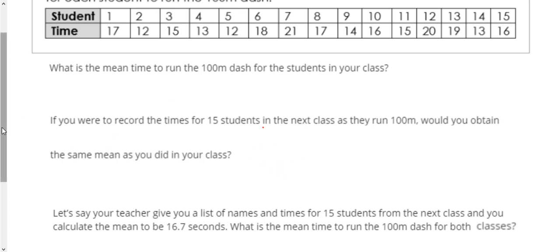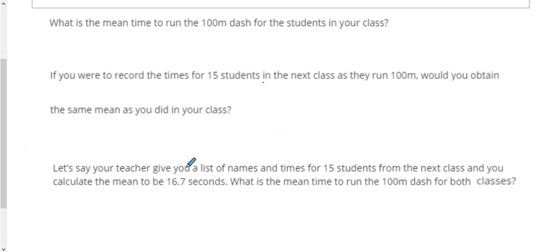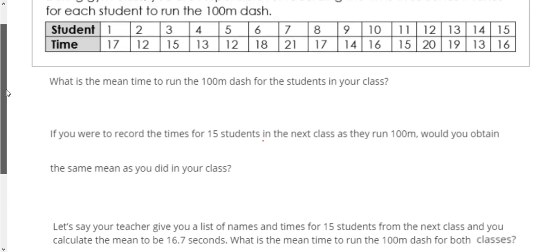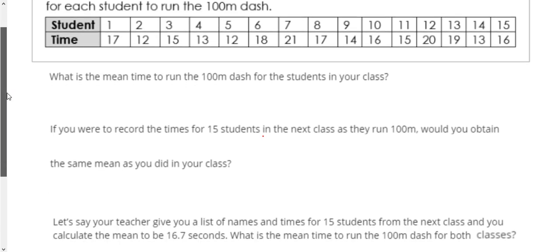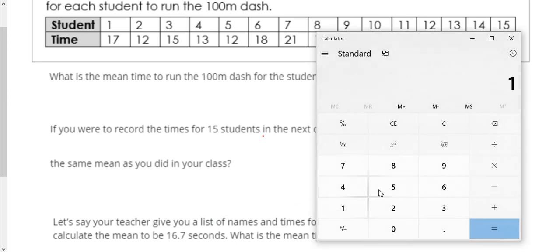All right. It says, let's say the teacher gave you a list of names and times for 15 students in the next class, and you calculate a mean of 16.7 seconds. What is the mean time to run the 100-meter dash for both classes? Well, guys, that's really easy. If you have means to work with, you can average those means. So if the first class averaged 15.9 seconds and the second class averaged 16.7 seconds, if you add those together,